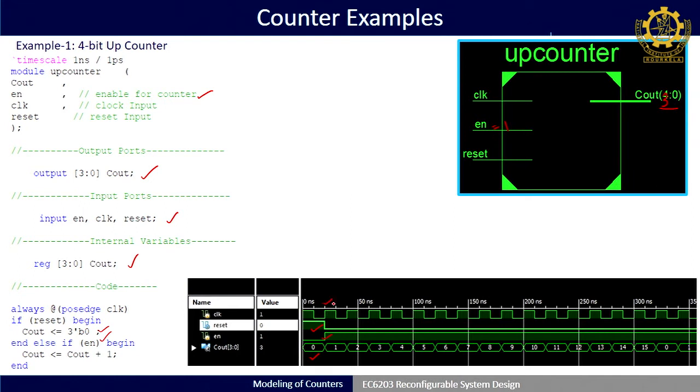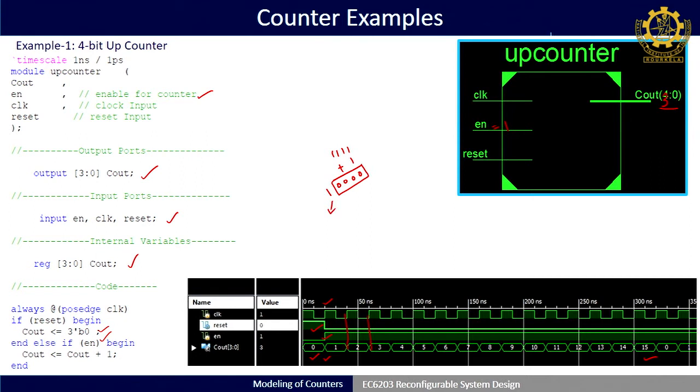Now you can see when reset is 0, at the same time I am making enable high, and the clock is triggering on the positive edge. From that sequence 0 becomes 1, and on each clock it starts counting up to 15, that is 0 to 15, a total of 16 sequences. Once it is done, it will always roll over to 0 automatically. If 1111 is added with 1, then by default, since my C out is 4 bit, these 4 bits will be retained and the carry will be discarded.